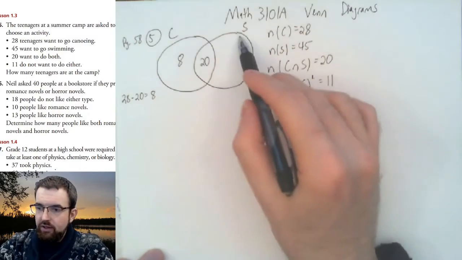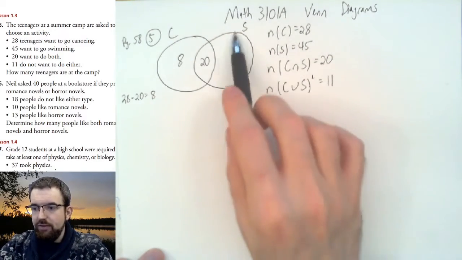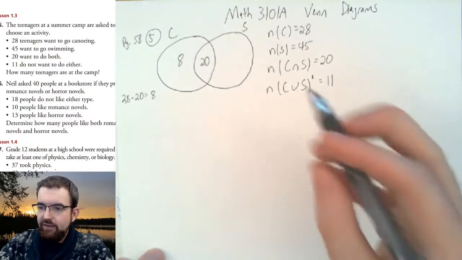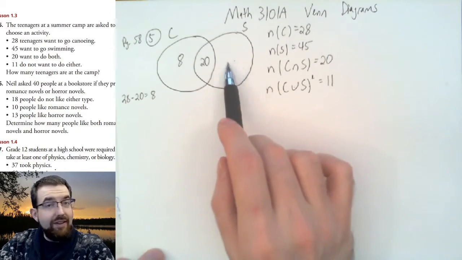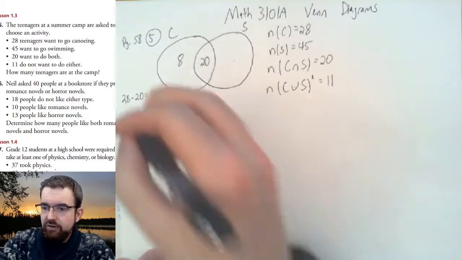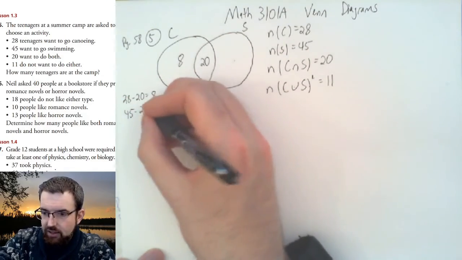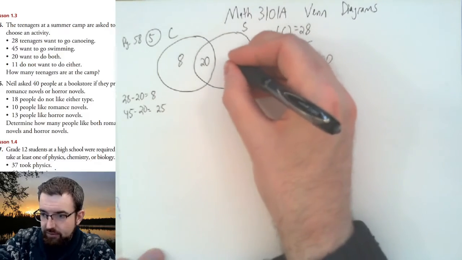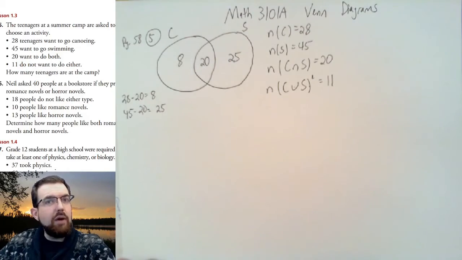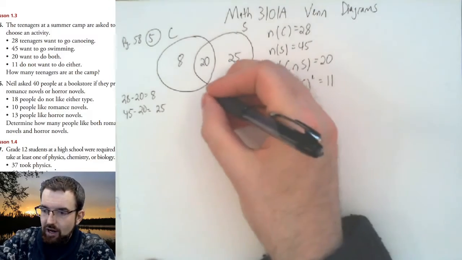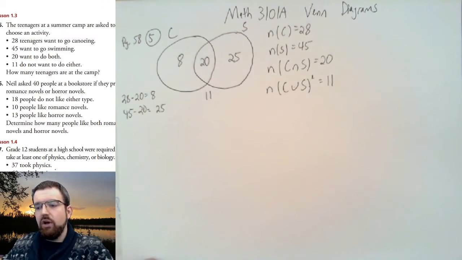By the same token, this whole circle here, we're told that the number of swimming has got to be 45, right? So what's got to go out in this section? Well, that section is going to be 45 subtract the 20 in the middle. That's going to be 25. So we know there's a 25 out here. And we were told that there were 11 teenagers at the camp that didn't want to do either. So the 11 will go here on the outside,